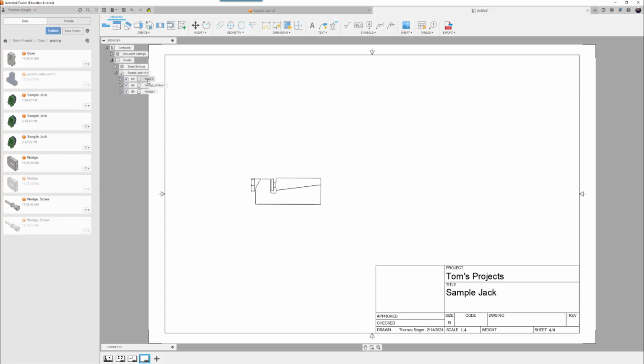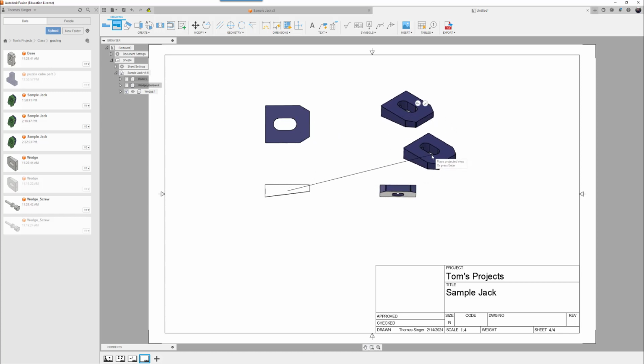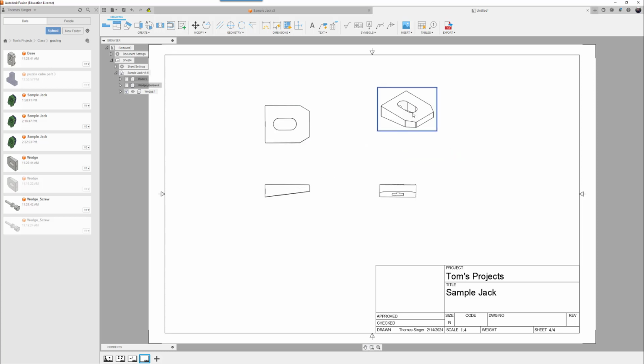So it's just the base model view, but we only need the wedge itself, or the wedge block. So I'm going to go ahead and turn off the wedge screw and the base. Now that's just the wedge block, and we can project just that wedge block to the top view, right side, in isometric view. And again, in the isometric view, we can edit this view, shade it,